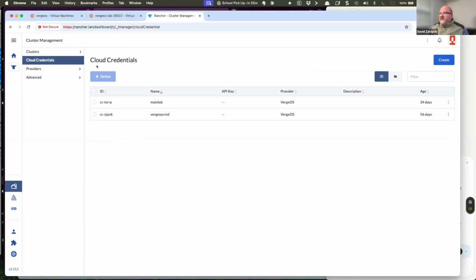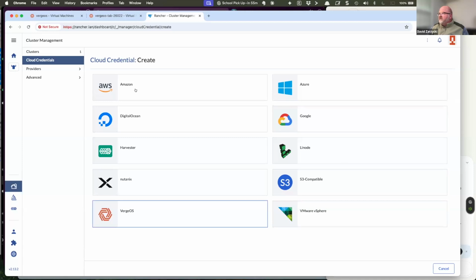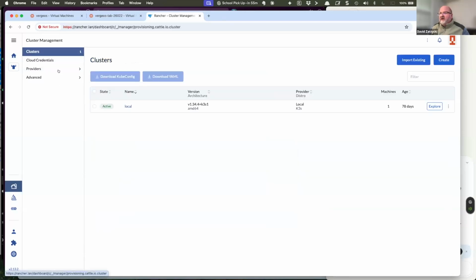Once that's also installed, you get this availability to create cloud credentials. And here we are alongside all of these other providers. And this is just a basic Verge 26 and above API key and endpoint required just to authenticate against the VergeOS cluster. And once you just have that small number of things, no massive tie-ups with kubectl or anything like that,